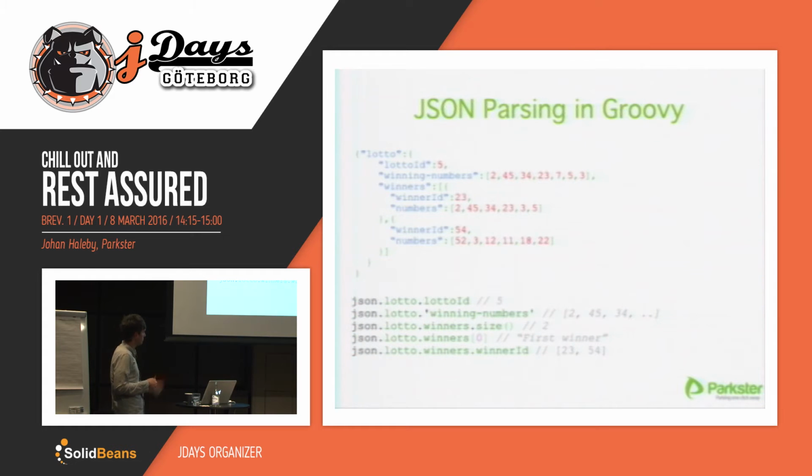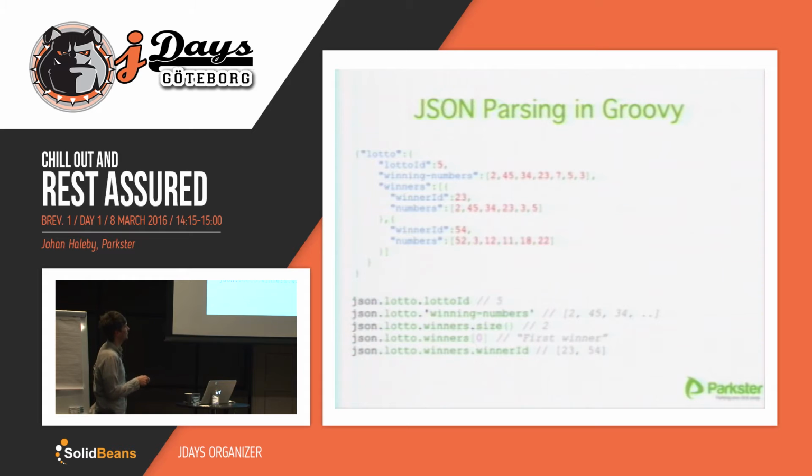Since this is Groovy, you can see here if we want to extract the winning numbers, it's a list. So we get a lot of winning numbers, and this is Groovy code. So now we must escape winning-numbers. Otherwise, we will do lotto.winning minus numbers, it will try to do a subtraction, and that's not what we're after here. Of course, maybe not of course, but it is of course,